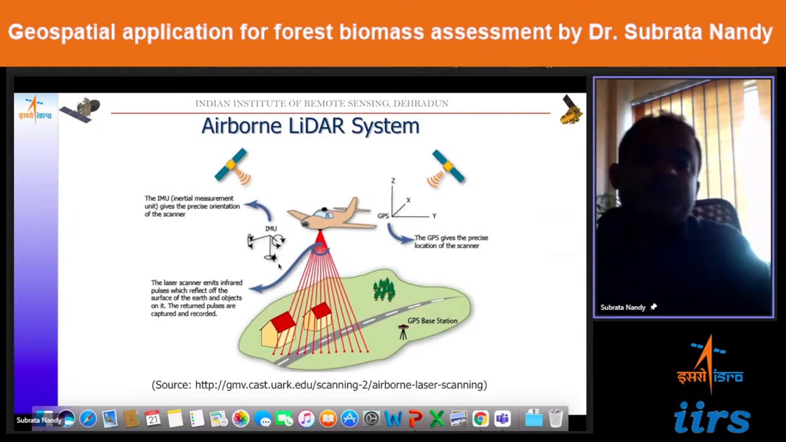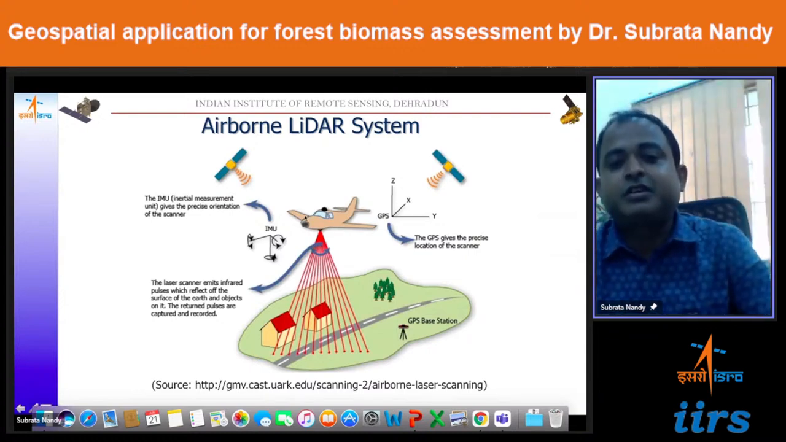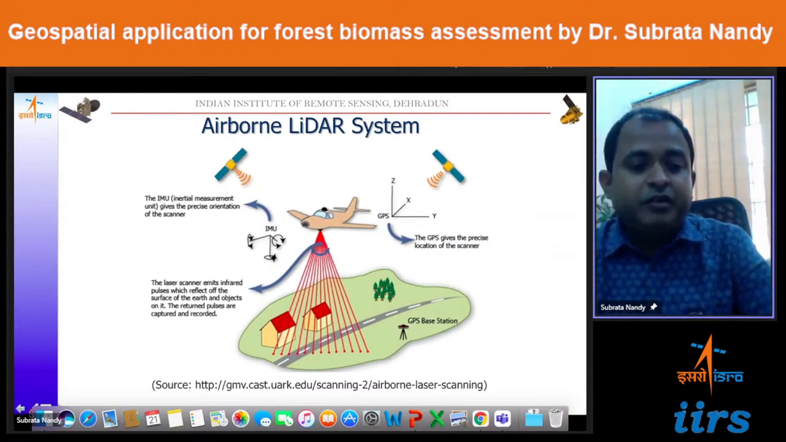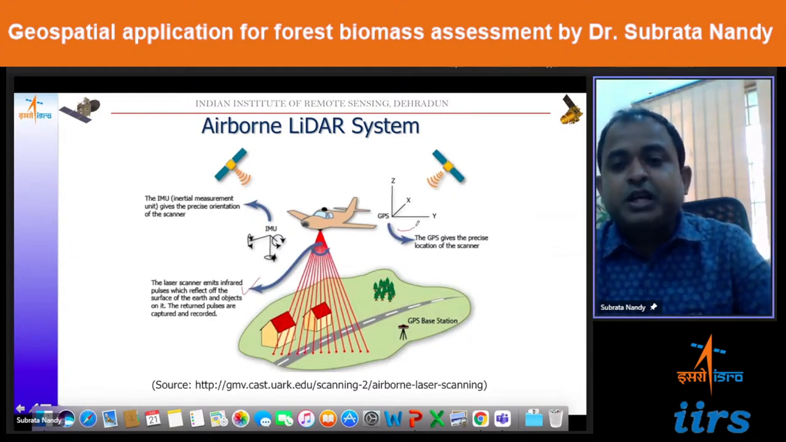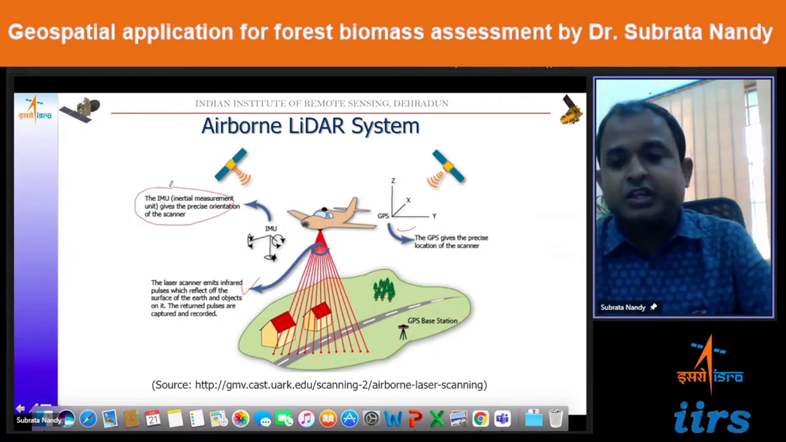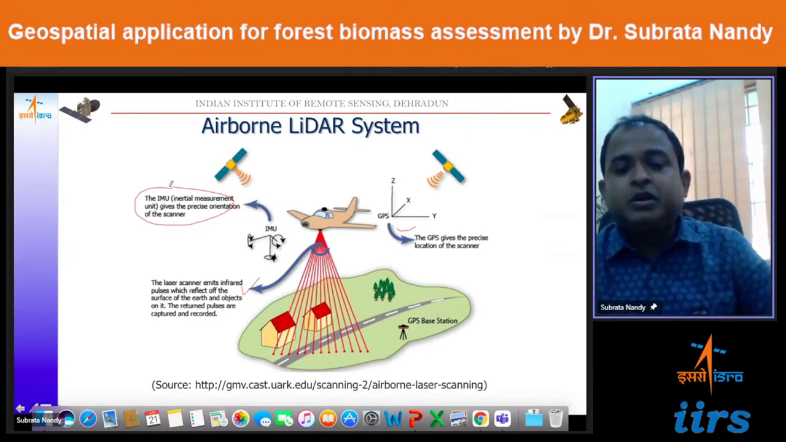So by the name it is, we are using that aircraft. In this case, aircraft is the platform, and here of course there will be a laser scanner. There are GPS also in that, and there is one more thing called IMU, or the inertial measurement unit. So it gives a precise orientation of the scanner, because when the flight moves, there are movements in all the